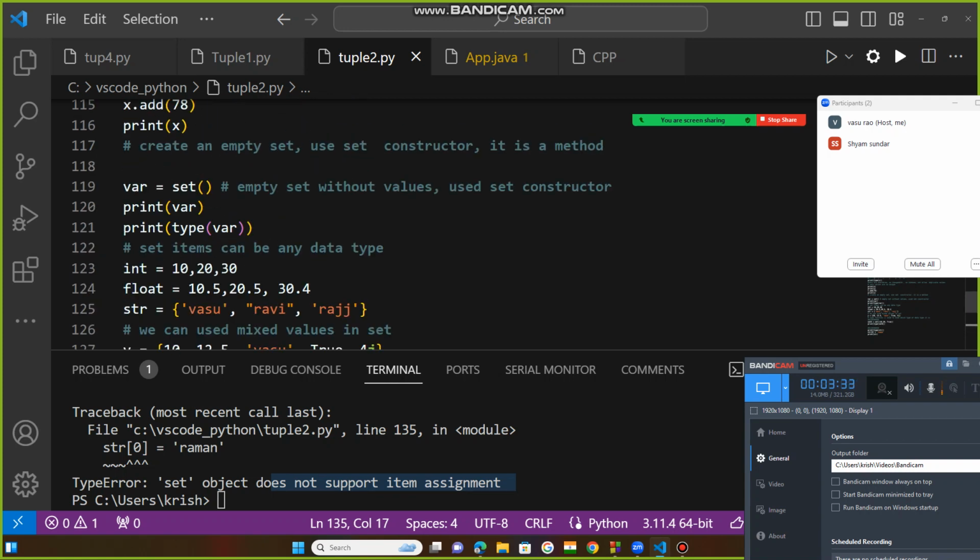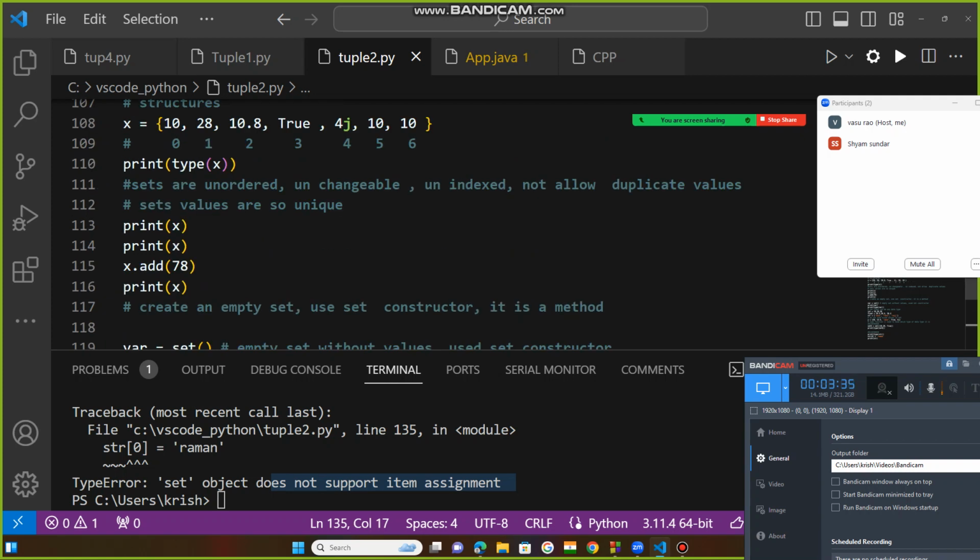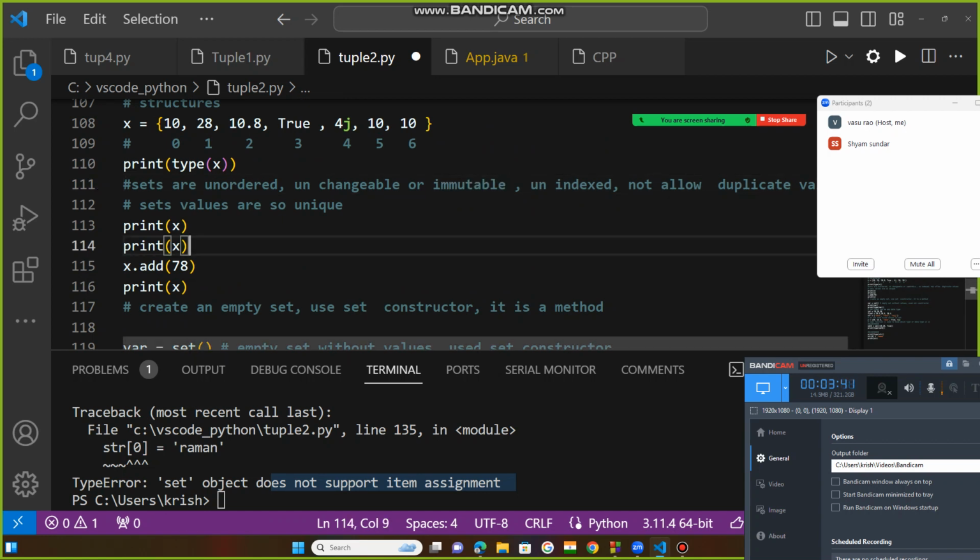One word is also used here, immutable. Unchangeable means the same, another word used is immutable, because as programmers we must be aware of all those words that will be used. I have written unchangeable, and in your exam you will get 'sets are immutable, please justify.' This is the question. I have used unchangeable here, so you may wonder what the meaning of immutable is. Both are the same. Set values are